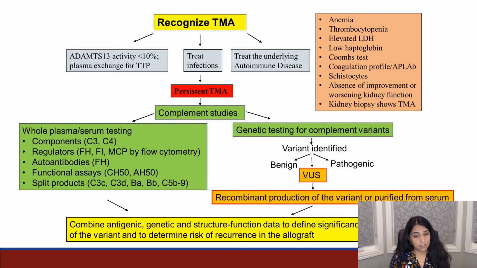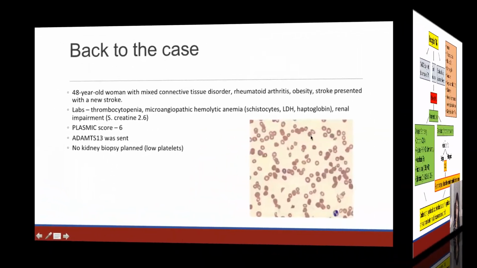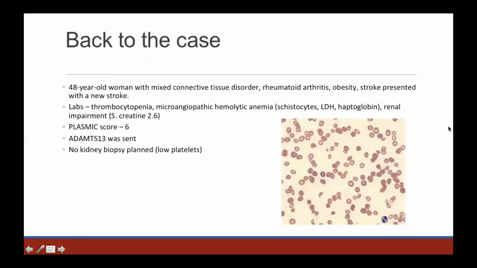So from a nephrologist perspective, like I said, I am thinking about primary and secondary TMA. I would be interested in under primary TMA while the TTP is being worked up. This is the testing that I as a nephrologist would be interested in sending out for this patient to also make sure that aHUS is not the cause of a primary. So with that, I'll stop here, and I'll be looking forward to your questions, however the consortium has planned for that. Thank you. And let's get back to our case.